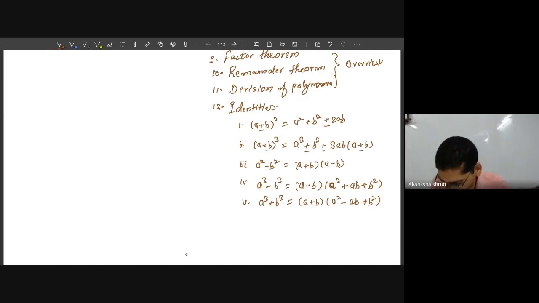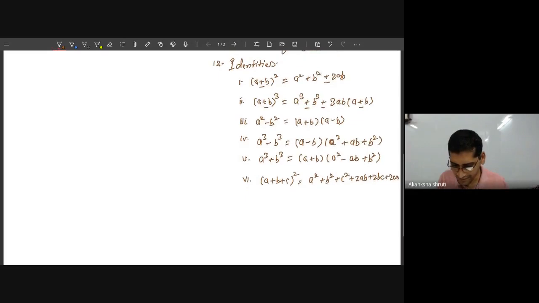Another one, though it is being deleted, so let us take what is still existing in our syllabus. Another one is like (a plus b plus c) whole square. It is given by a square plus b square plus c square plus twice of ab plus twice of bc plus twice of ca. Okay, it is this one. So this identity we will see, but I am listing it here. This will be helpful. It may be used anywhere in between before discussing this topic. So therefore, please note it.